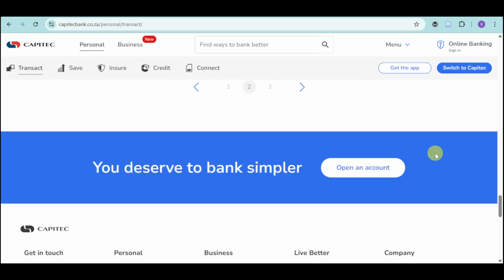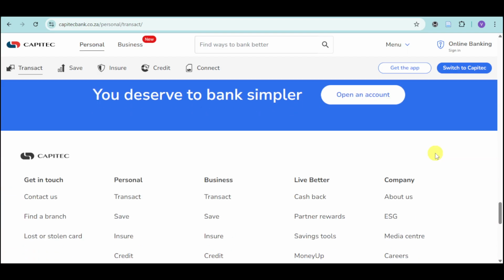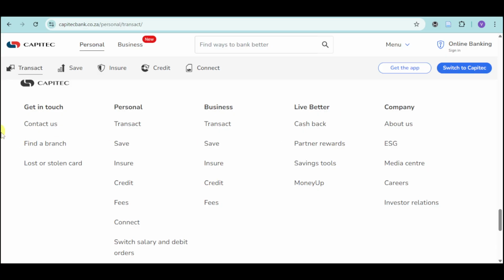Capitec has a lot of options right here. You can open an account, you can get in touch with them as well or contact them in order to get your confirmation letter